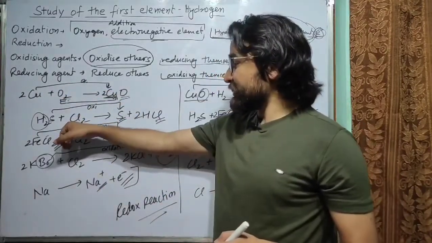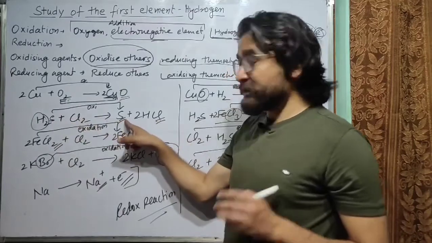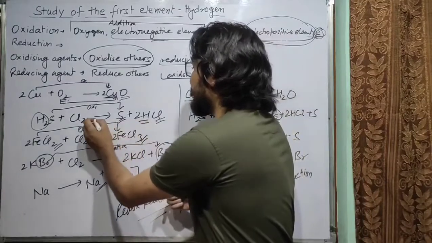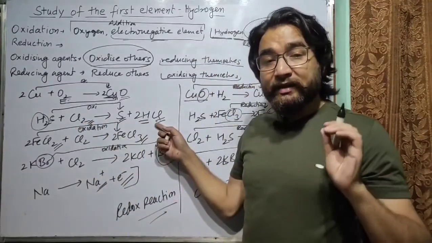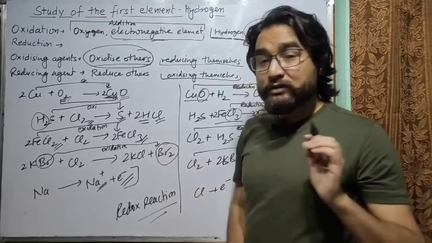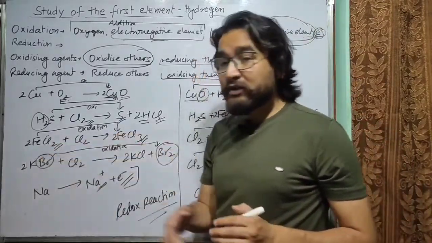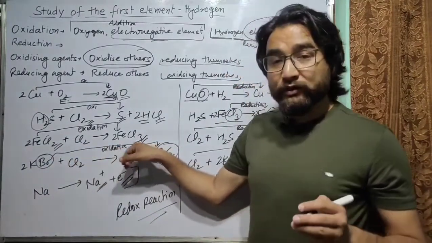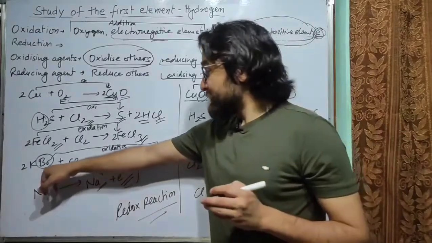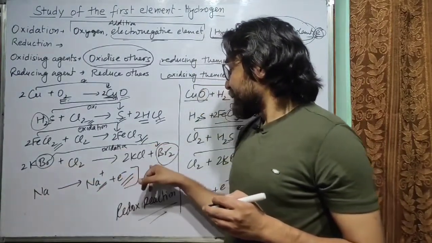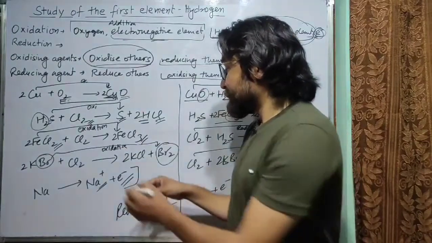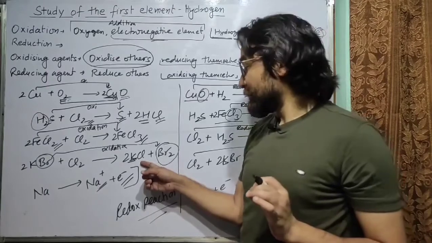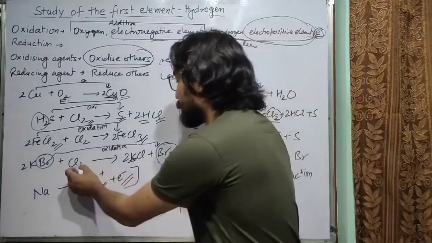In other reaction, here you can see, oxidation of sulfur is taking place because we are removing hydrogen from sulfur, but this hydrogen is added to chlorine. So at the same time reduction of chlorine will also take place. Here oxidation of FeCl2 will take place, but at the same time reduction of chlorine will also take place. Here oxidation of bromine will take place because we have removed potassium, but this potassium is added to chlorine, and that is electropositive element. So addition of electropositive element, that is reduction. So reduction of chlorine will take place.